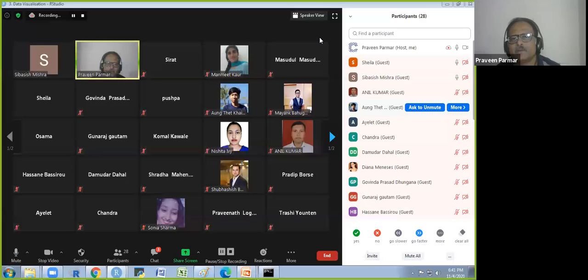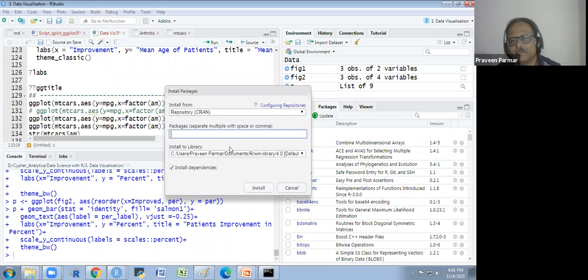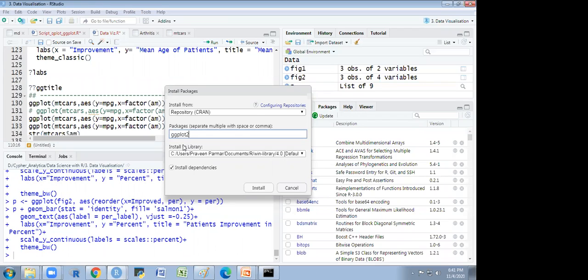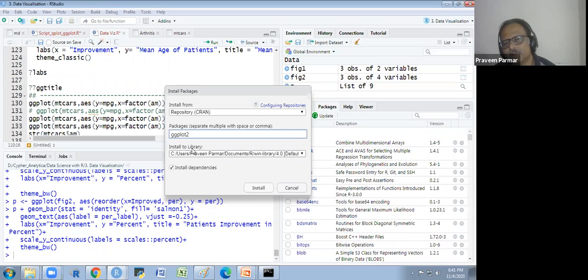So have you downloaded the ggplot2 package? It should be downloaded; it is a separate package. I didn't know that, the ggplot2 package has to be downloaded. I will show you. Go to Packages, click install, and type ggplot2 in small letters. Only ggplot2, not the others. Install it, and if you write library(ggplot2), then qplot will work automatically. Okay, thank you.